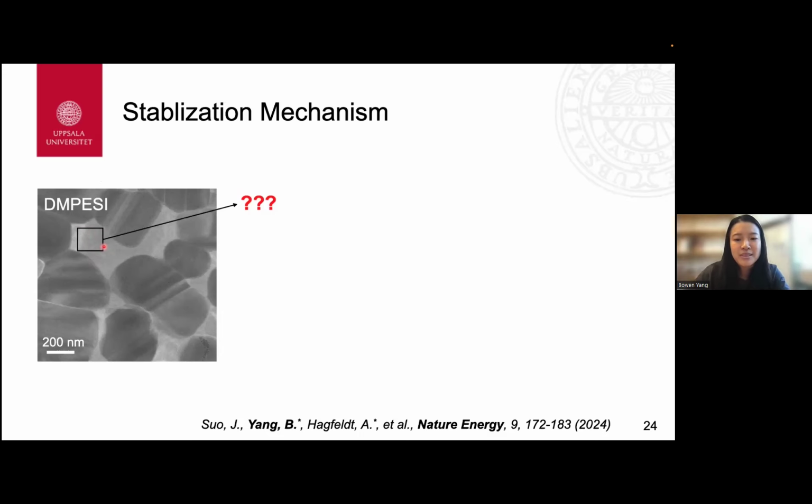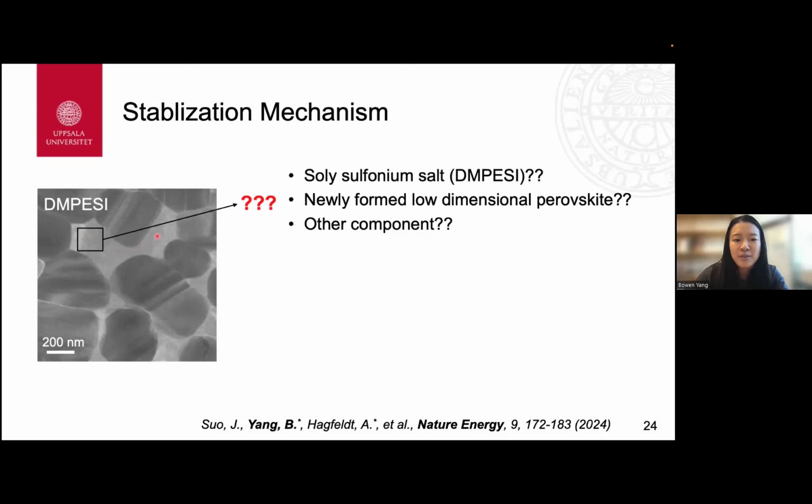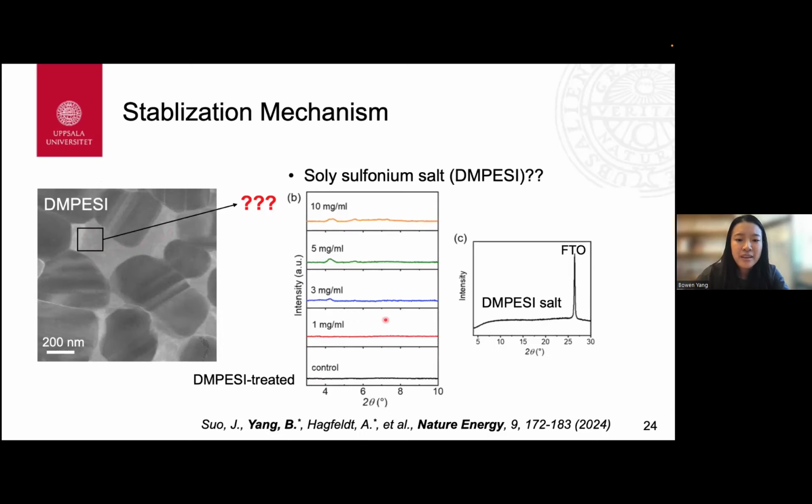But what is the composition of this newly formed species? Would it be solely the sulfonium salt itself, or newly formed low-dimensional perovskite species as normally occurs in ammonium-treated perovskite films, or would it be something else? By comparing the XRD patterns of those DMPSI treated FAPI films with the DMPSI salt itself, we can exclude